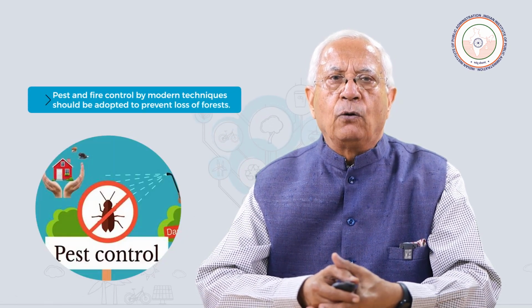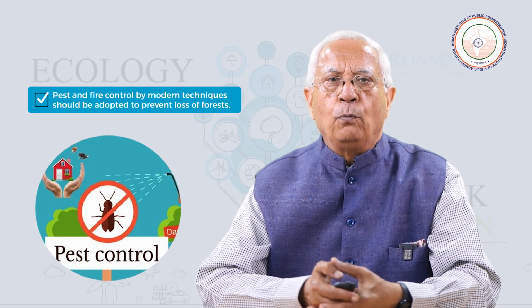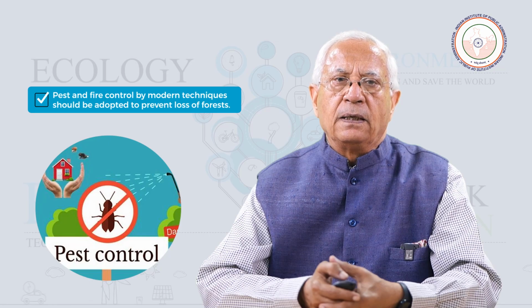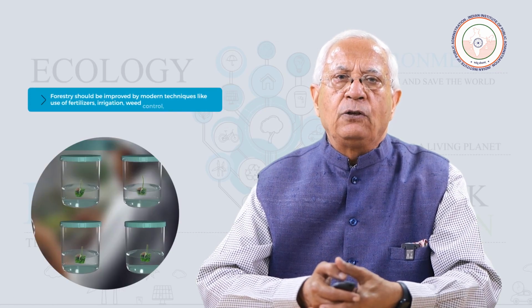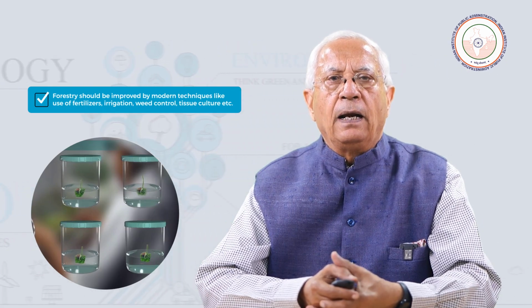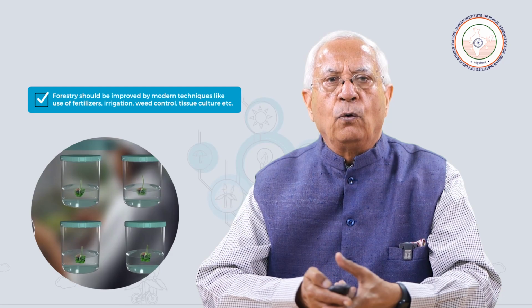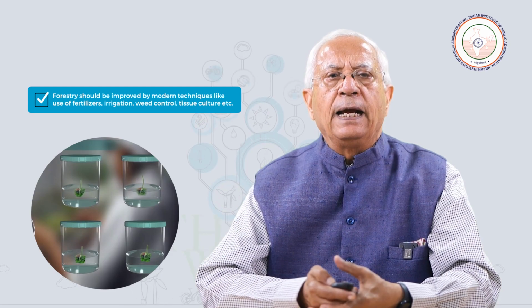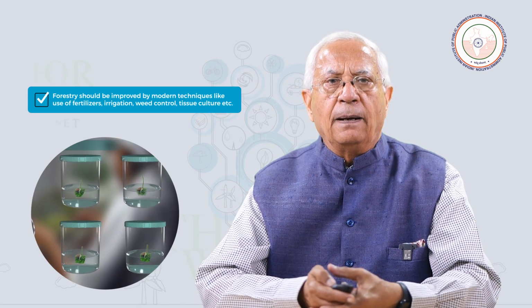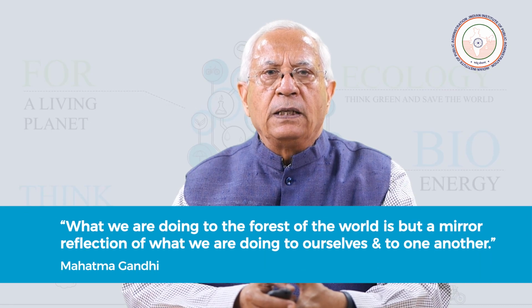Pest and fire control by modern techniques should also be adopted to prevent loss of forest. And fifth, forestry should be improved by modern techniques and use of fertilizer, irrigation, weed control, and modern techniques like tissue culture, etc. In the end, we will finish with Mahatma Gandhi's quote,